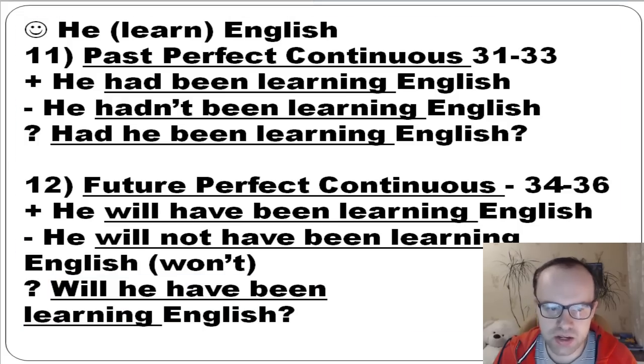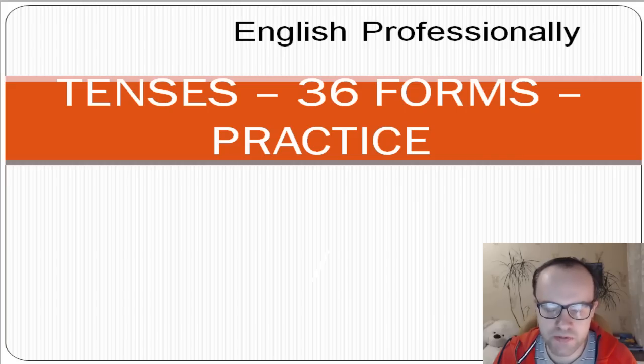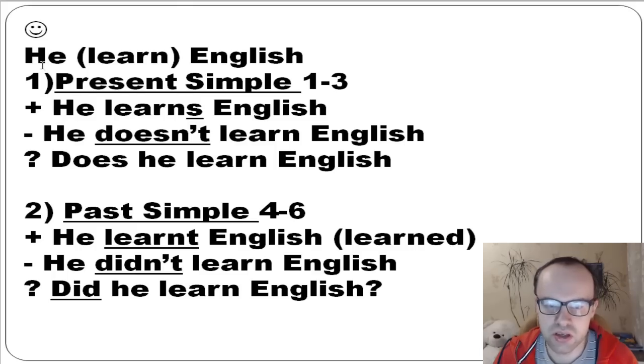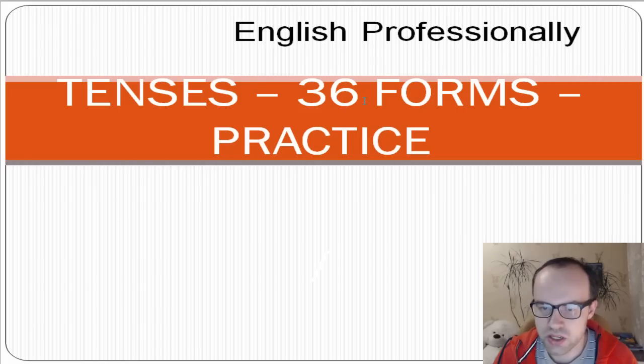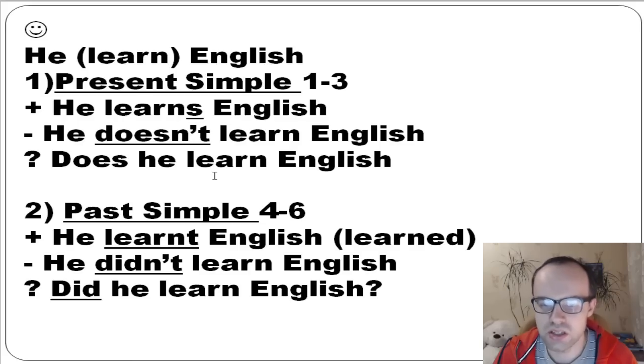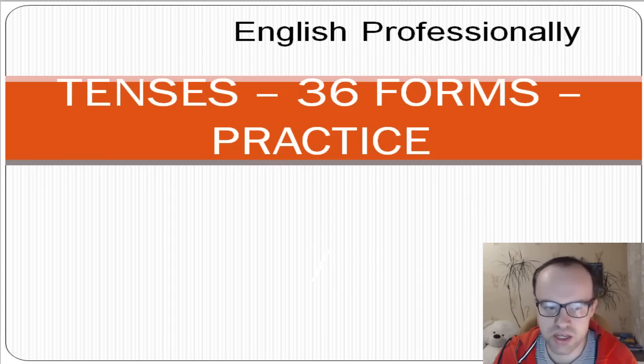Okay, so this exercise really is extremely important. I think it's an amazing practice. So if you really want to master your grammar related to tenses, you can choose a sentence you want, and you can do the same, and you can form these 36 sentences, and you'll have these 36 forms. It's very important if you want to speak English correctly and automatically. So you need to do this exercise. It's a very important exercise.